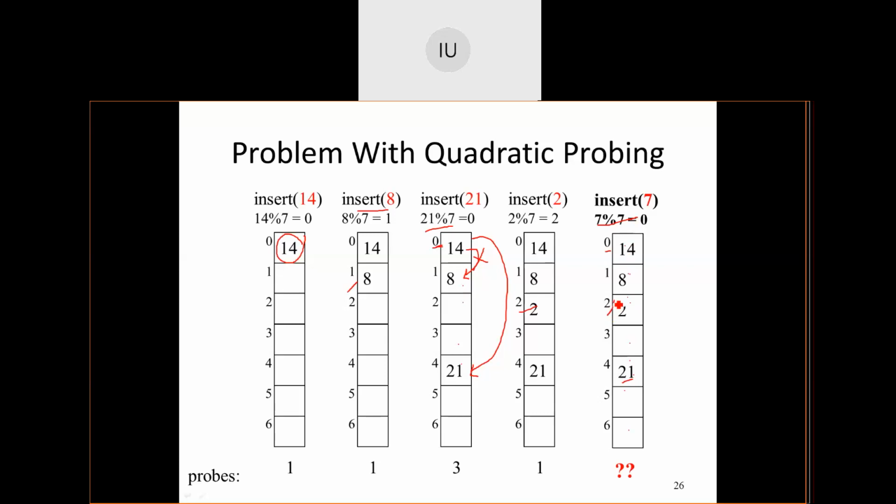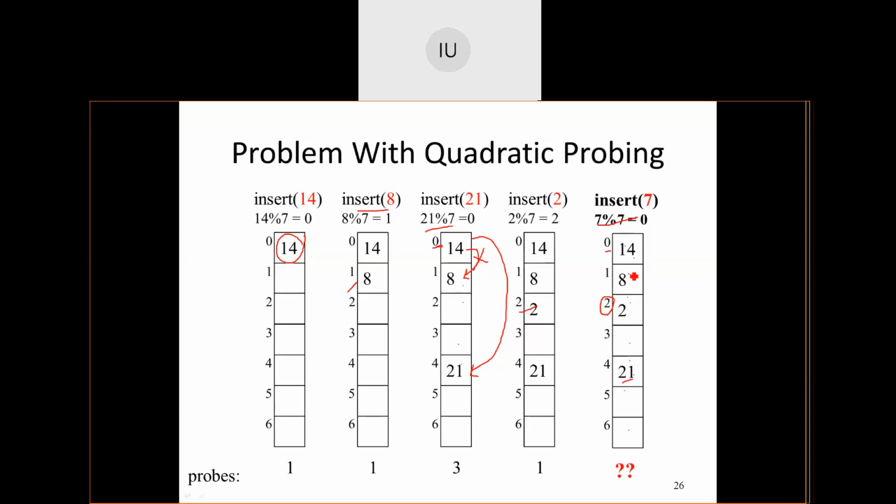So it means I have come back to position 2. Can I insert 7 here? You cannot. You cannot insert 7 because there is 2 already. Instead what I'll do? I'll do plus 4 square. Look at the kind of complexity that is involved here. Okay. I'll do plus 4 square. So what is the meaning of that? I have to add to the base position plus 16.